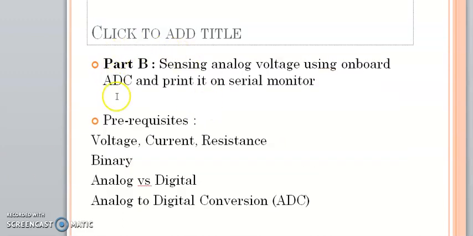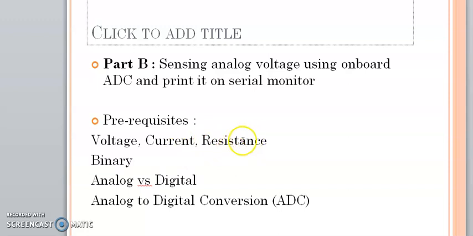Now coming to part B, these are the prerequisites which one should know before going to part B: voltage, current, resistance. We know electricity is a movement of electrons. Electrons create charge which we can harness to do work. The light bulbs, stereo, phone, etc. are all harnessing the movement of electrons in order to do work. They all operate using the same basic power source, the movement of electrons.